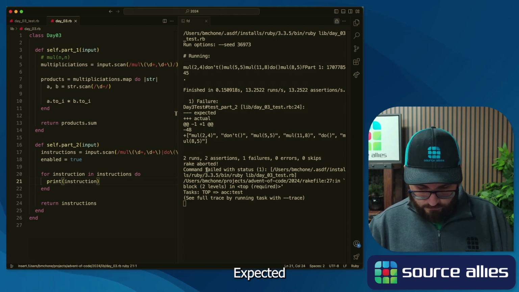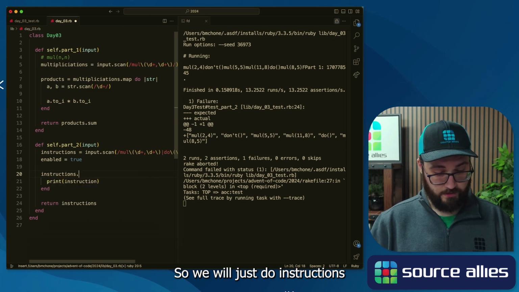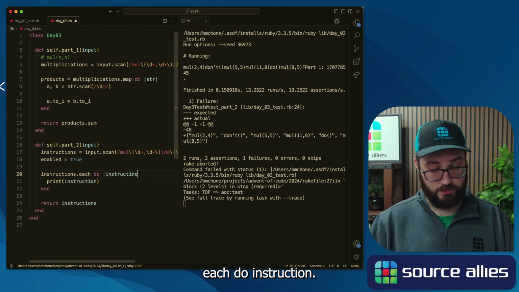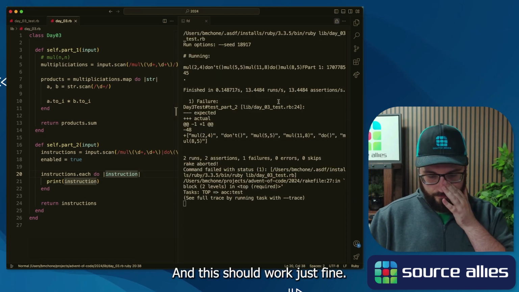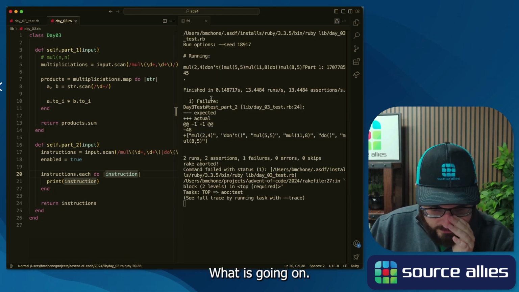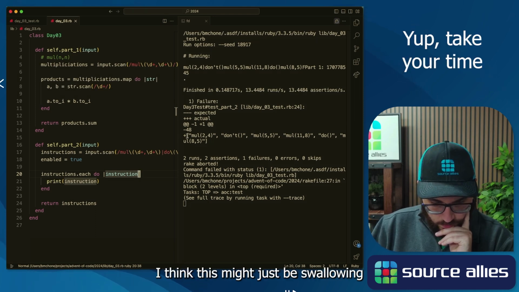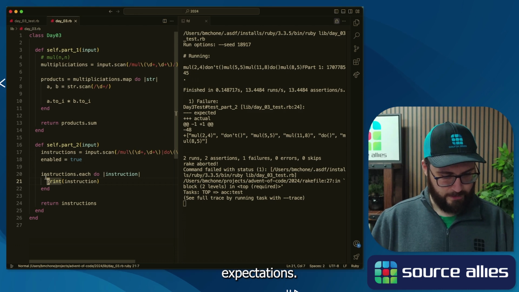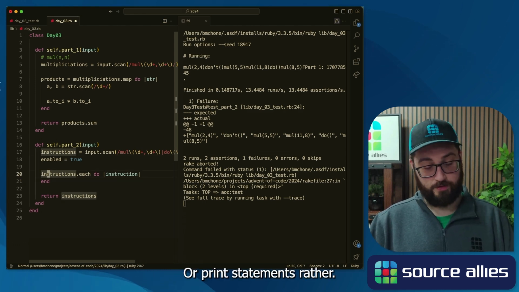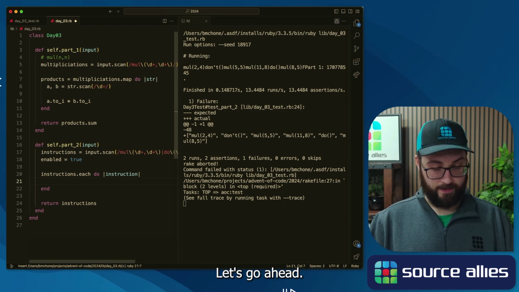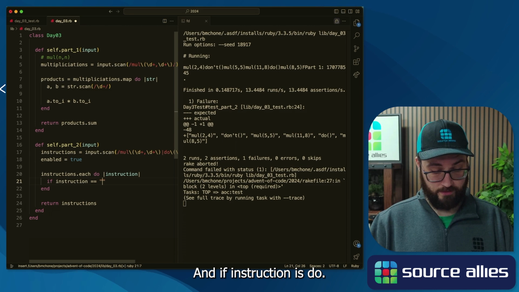Expected. That is not the correct syntax, so we will just do instructions.each do instruction, and this should work just fine. What is going on? One moment. I think this might just be swallowing expectations, or print statements, rather. Let's go ahead and if instruction is do,